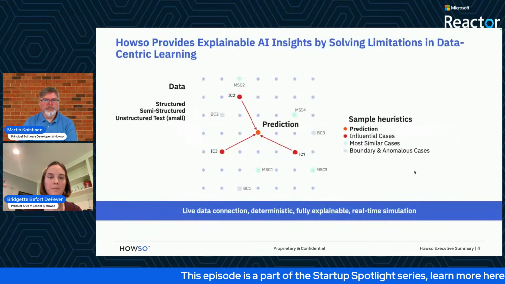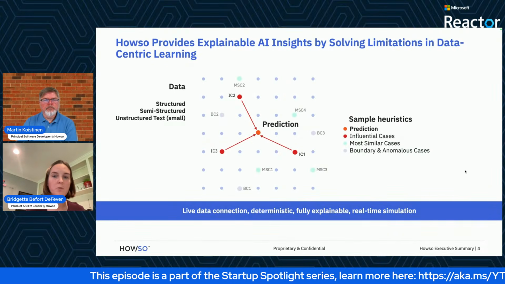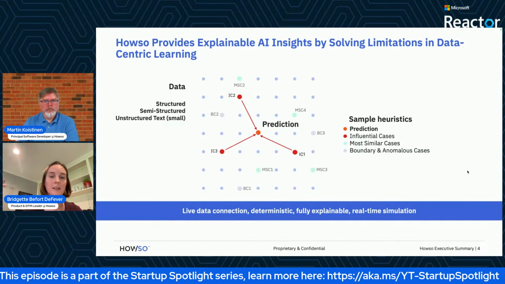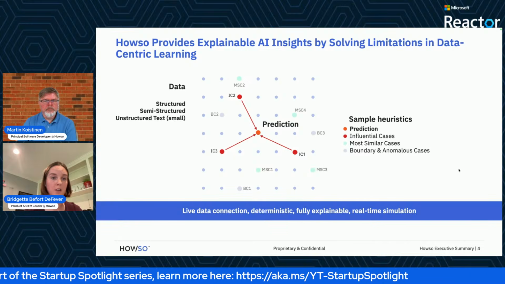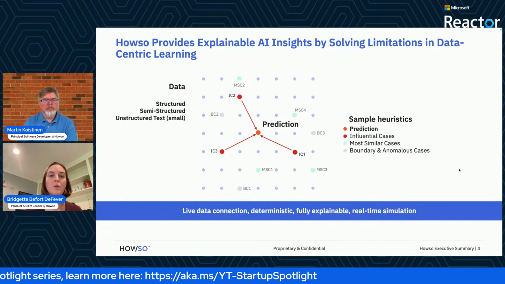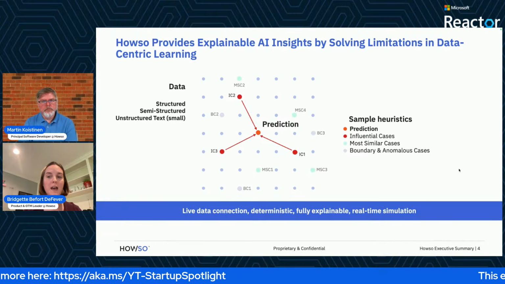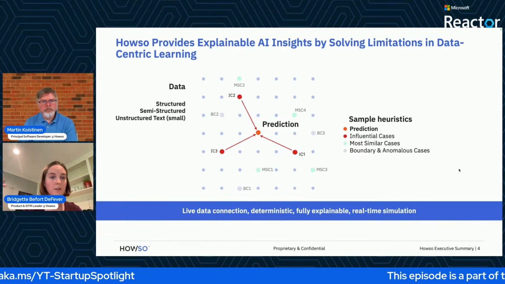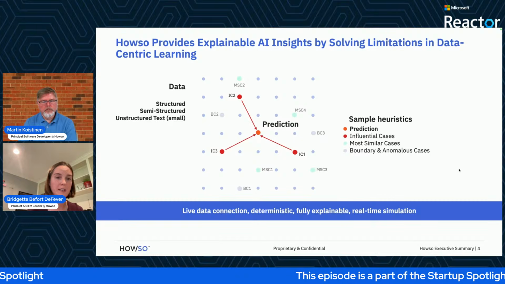Next slide, Martin. I wanted to first root us all in a little bit about the algorithm and our technology and what we're doing here. Howso, you can think of as an instance-based learning algorithm or a supercharged KNN.